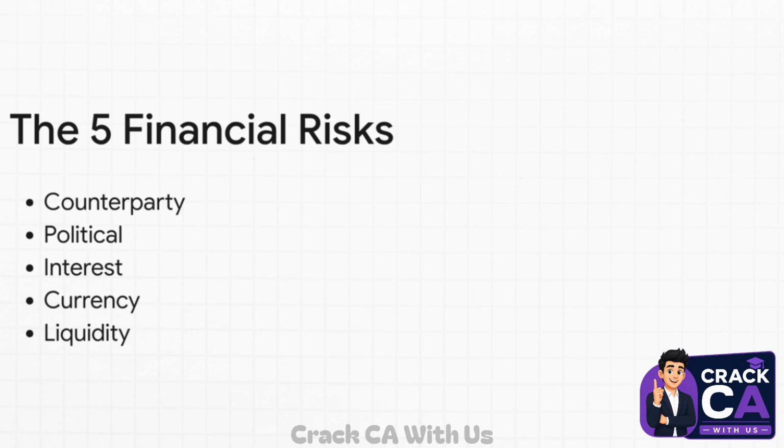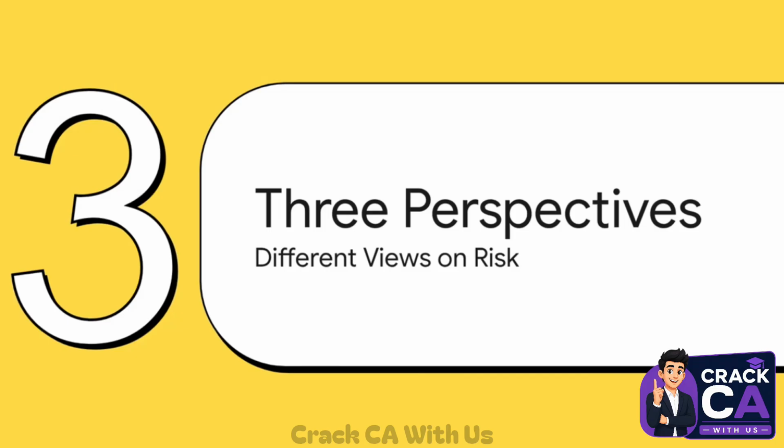Say the rupee depreciates. An exporter like Infosys might gain, but an importer like Indian Oil is going to lose out. And finally, liquidity risk. This is just the inability to meet your liabilities because of bad timing, mismatches, or just not having adequate cash flow when you need it. Which brings us to Section 3,